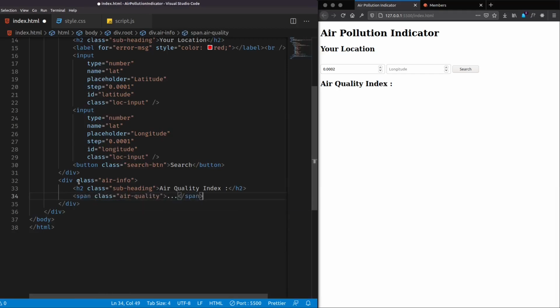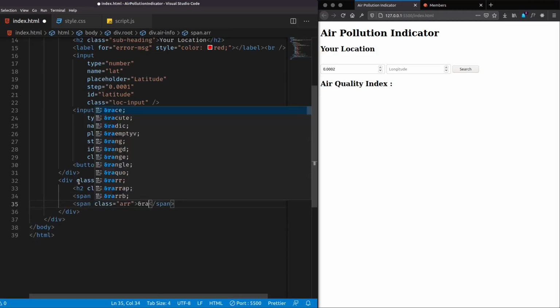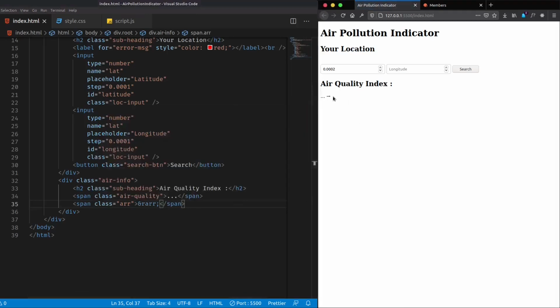For now I will simply display a dot dot dot, and I'll also create an arrow. For that I'll use a Unicode rarr semicolon which will simply display an arrow like this.